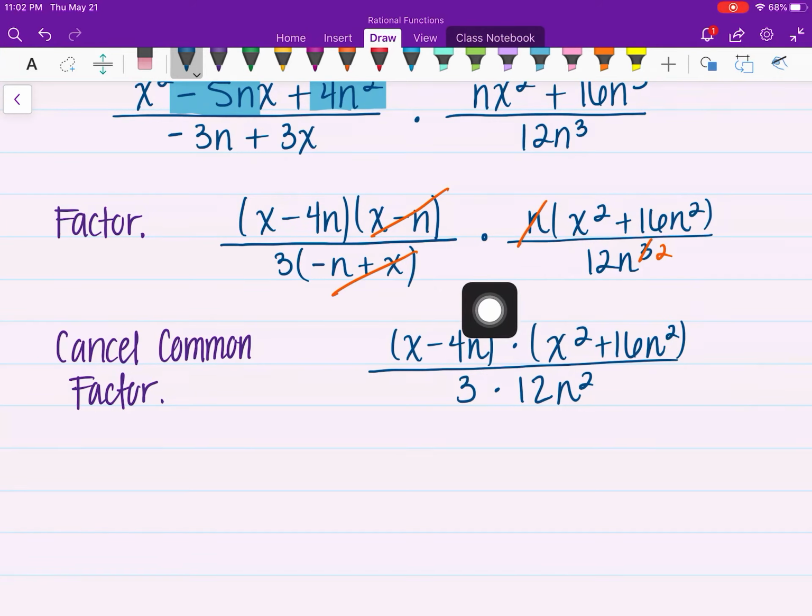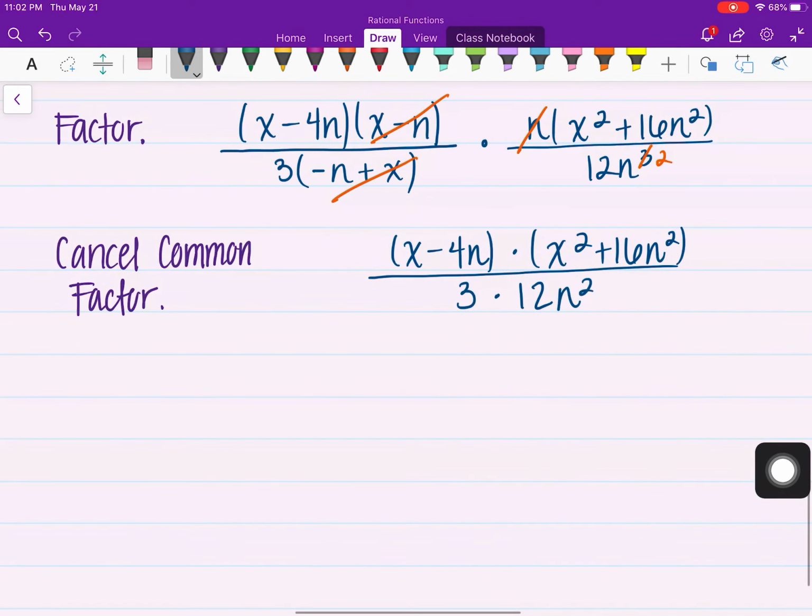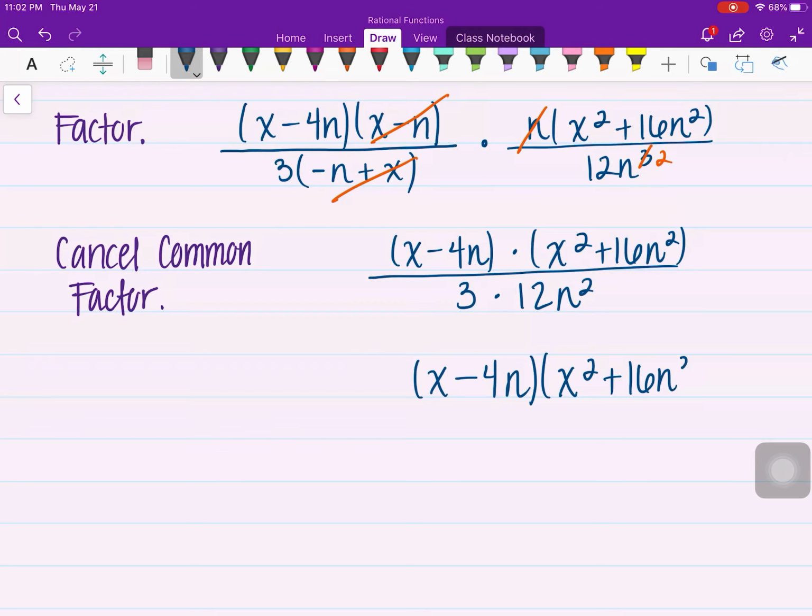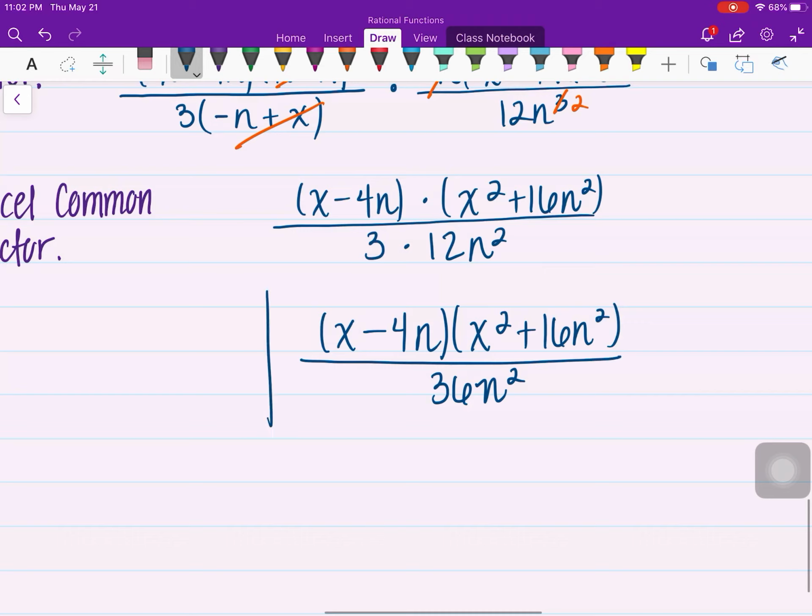I could multiply the two binomials, but that would just give me a bigger polynomial in this case, so I'll leave those alone, but I'll multiply my denominator. So we have x minus 4n, times x squared plus 16n squared, all over 36n squared. And this here would be our